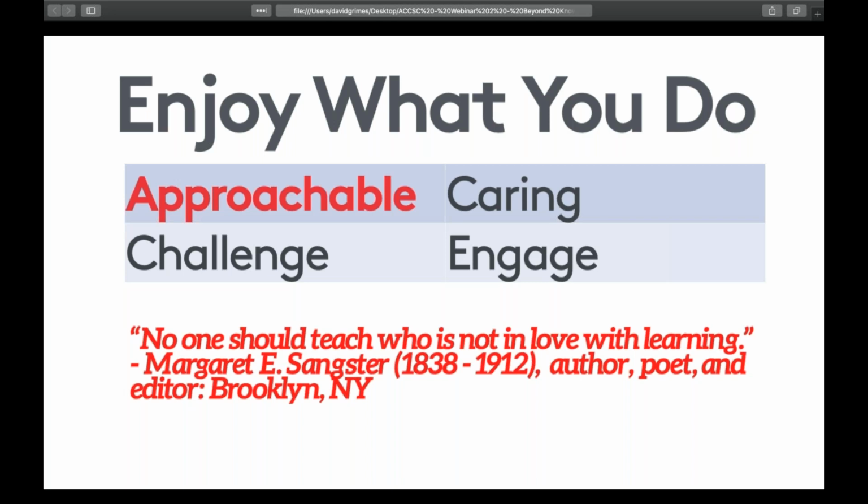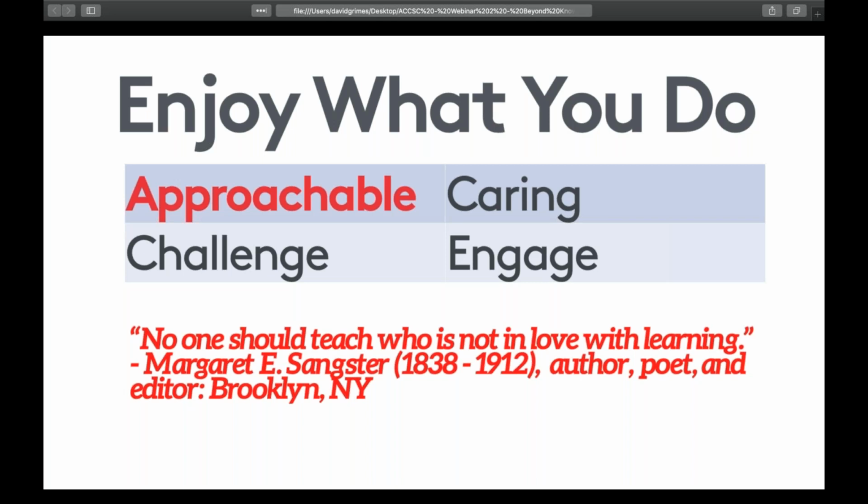And that first one is approachable. So what does approachable mean? Well, a simple thing is to look at yourself and maybe look at your coworkers and see if you see a smile when they're walking the hallways or in class. You just have to have this approachable personality to make people feel comfortable in the classroom.